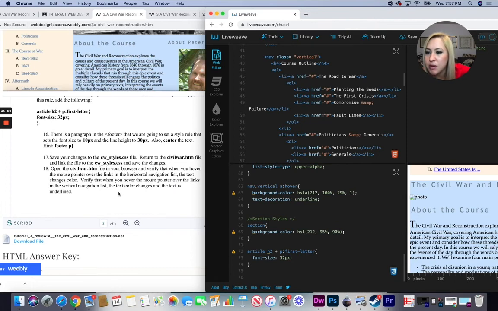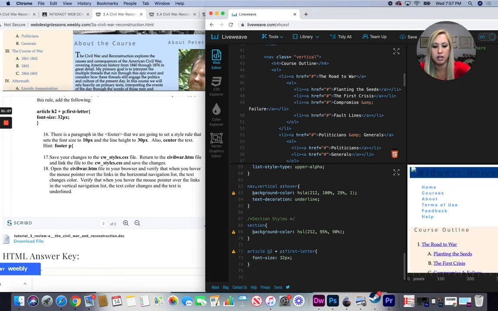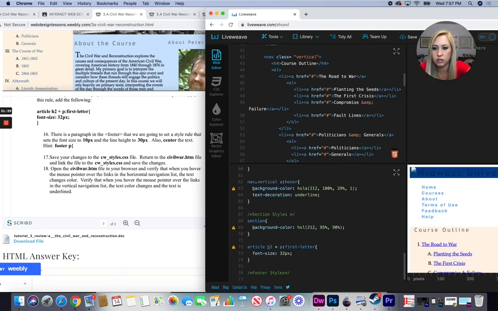All right, step number 16, there is a paragraph in the footer that we're going to set a style rule so that it sets the size to 10 pixels and the line height to 30. We're also going to center this text. So again, this is a paragraph that's inside of the footer. Let's make another comment for our footer. Okay, so we have footer P,